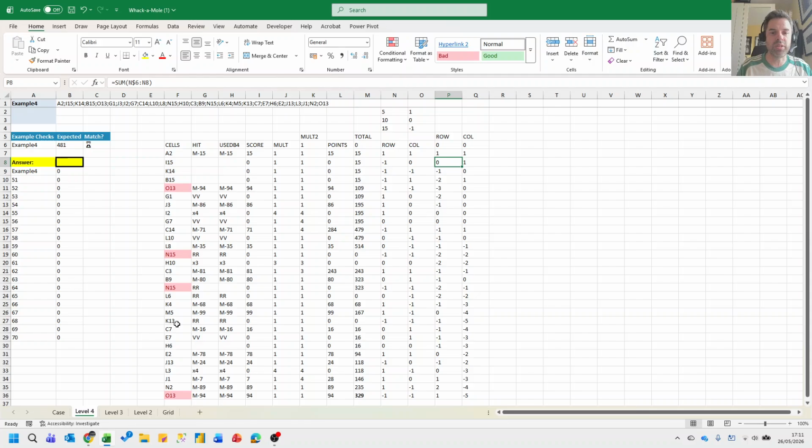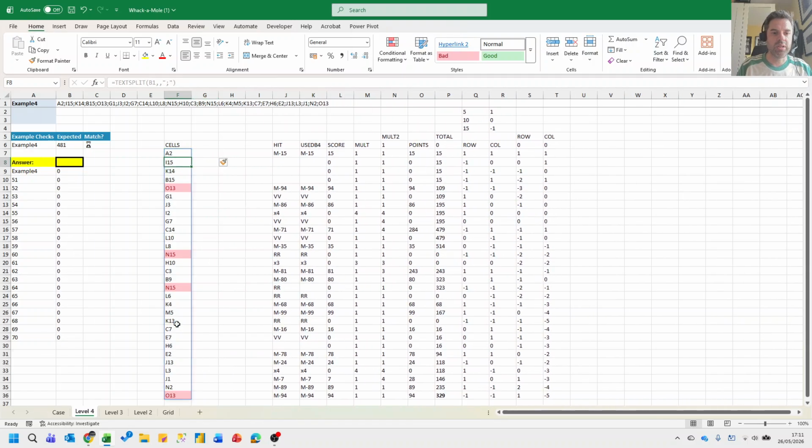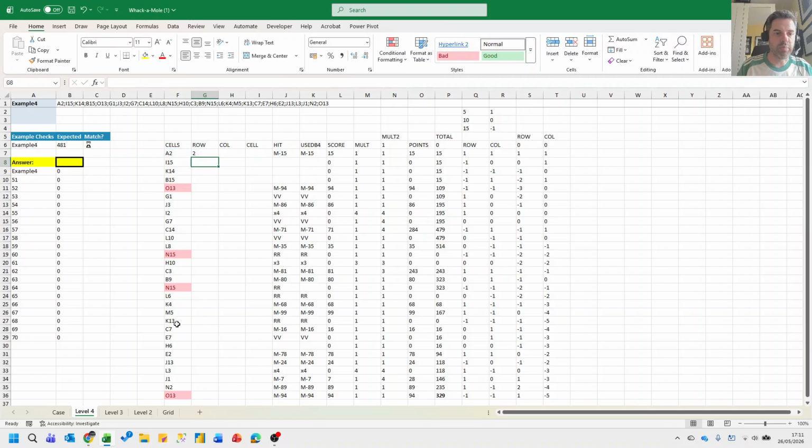So that's the kind of cumulative effect of each of these individual shifts. And we're going to need to insert a couple of columns here because we now need to adjust what we're hitting based on the cumulative effect of those shifts. So what I'm going to do is take row, column, and a cell. So I'm going to take the row number of this value, and I'm going to add the cumulative effect from the previous row, and I'm then going to